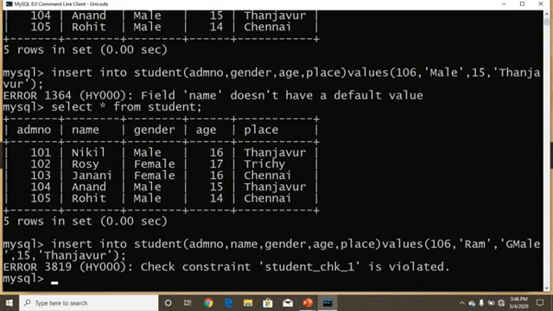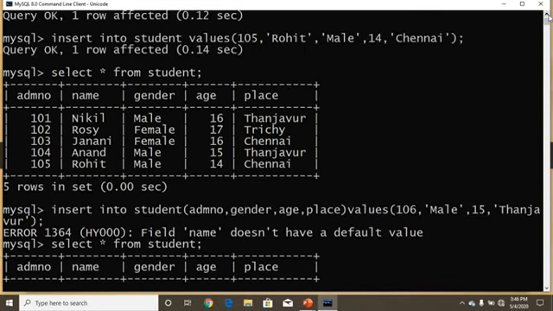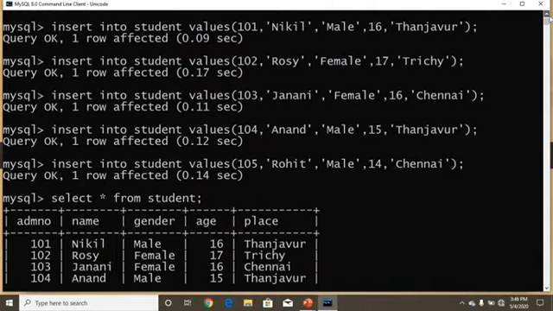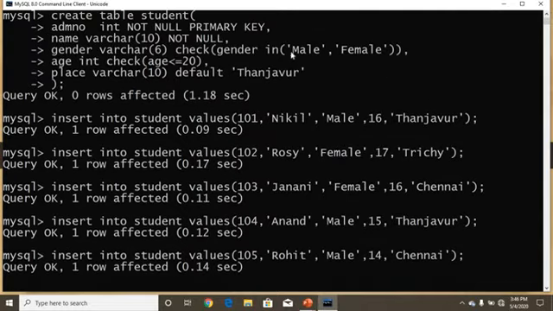Check constraint is violated, because in the check constraint we have specified specific values. In the gender column we can give only 2 values, male or female. If we give any other value it won't be accepted, because here we set a limit, that is the check constraint.